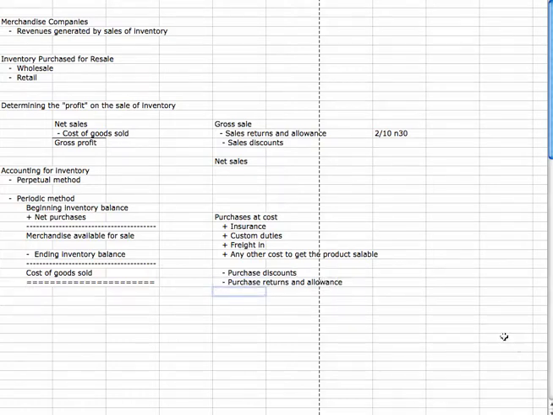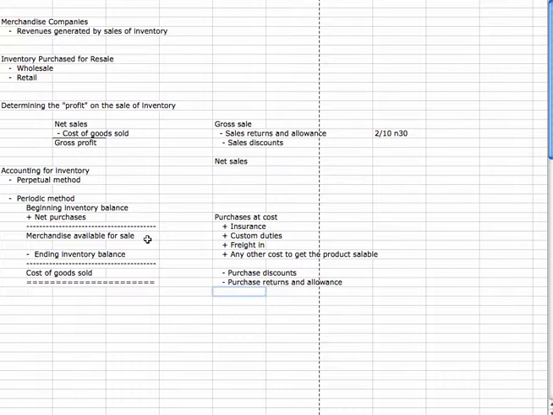So all these items come into what we call net purchases. When we add our beginning inventory plus our net purchases, we get this item called merchandise available for sale. Basically, this is all the inventory that we started with, plus all the inventory we purchased for the period,